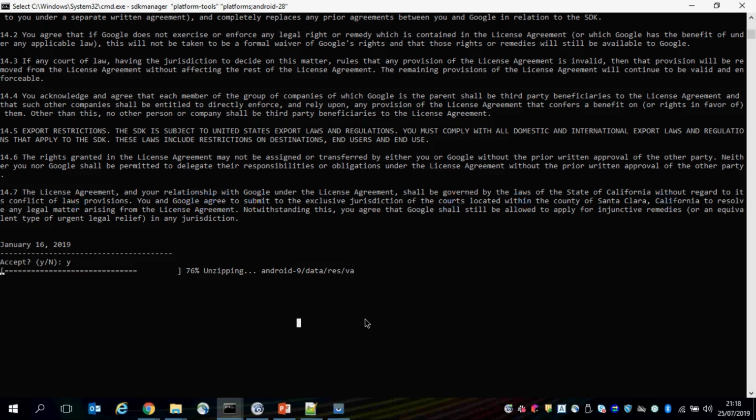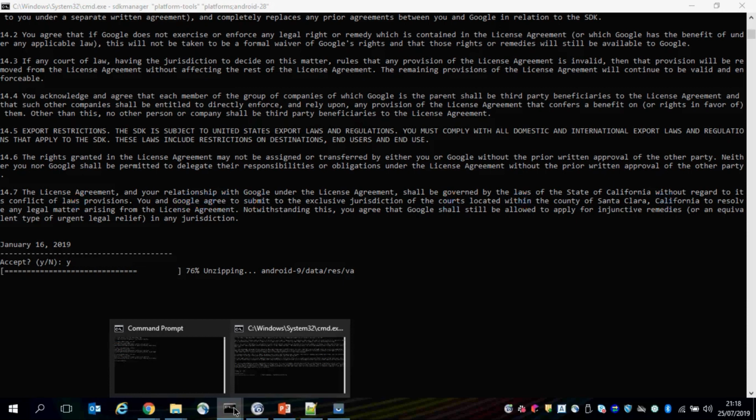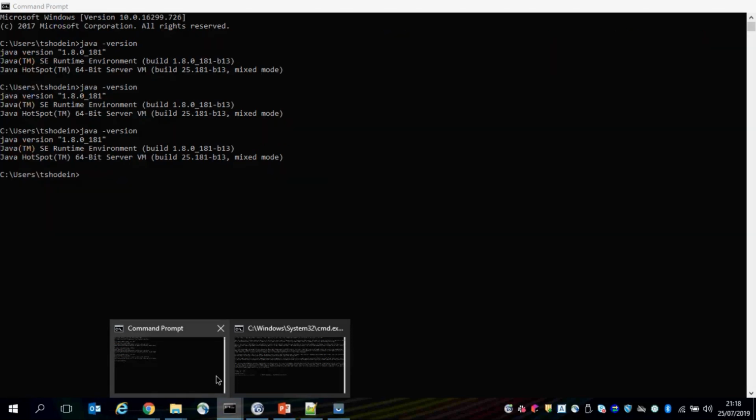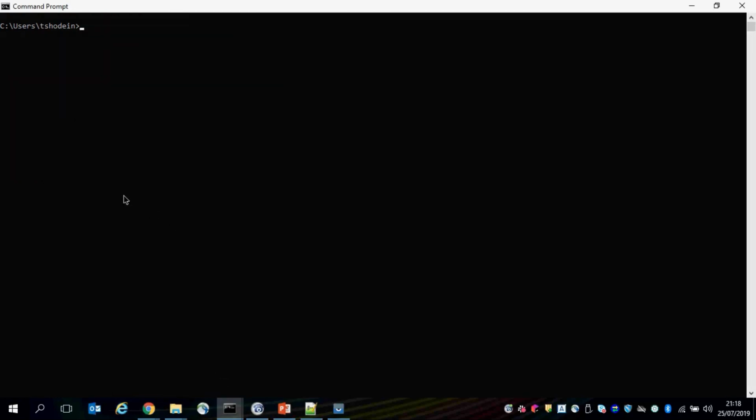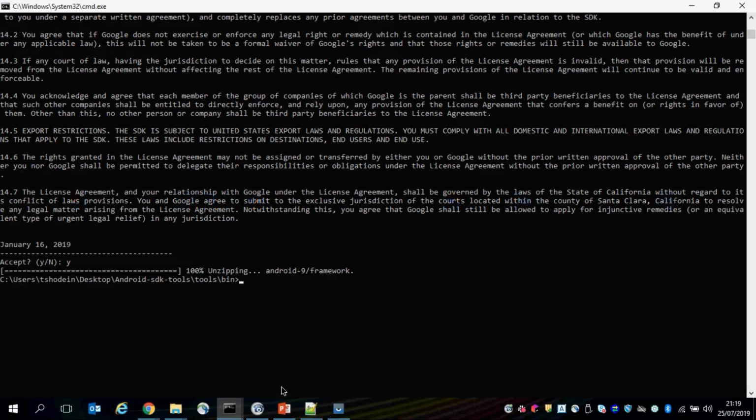I'm waiting for this to start extracting. While this is happening, I need to show you something quickly. If I come here and type ADB devices, I'm getting this message saying ADB is not recognized as an internal or external command. But once I download and install the SDK platform manager that we are doing now and set up,